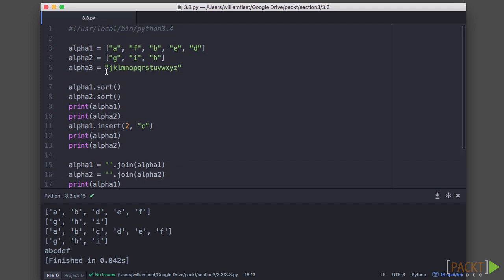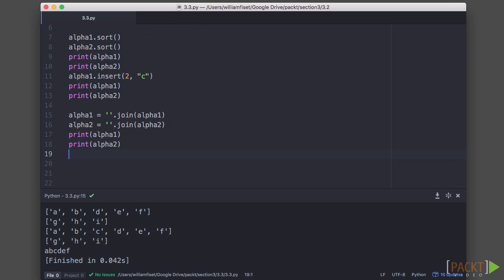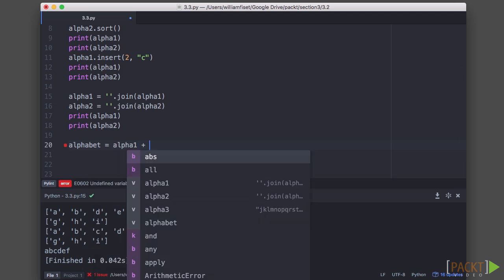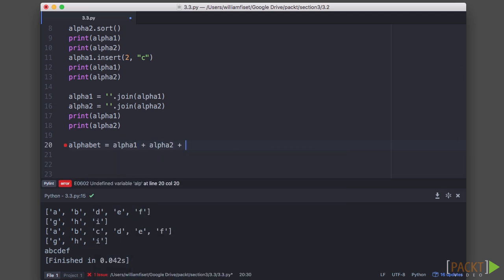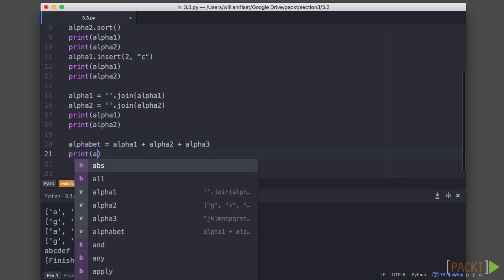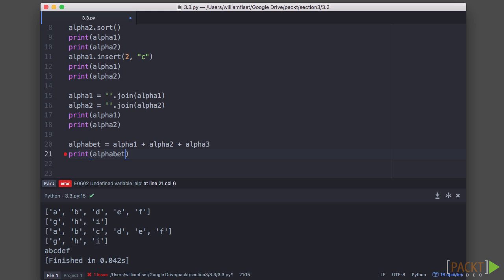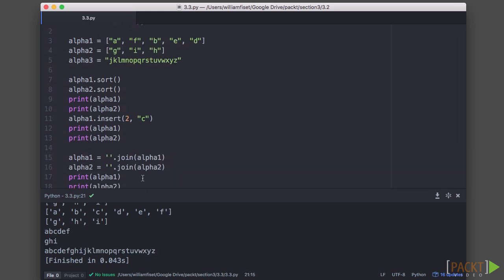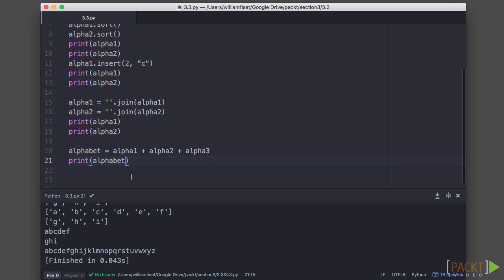And if we look, alpha 3 was just J to Z in alphabetical order, so we do not need to touch it. So our alphabet then is just alpha 1 plus alpha 2 plus alpha 3. And let's see if we get the alphabet. And indeed we do. And we know that it is a string since we